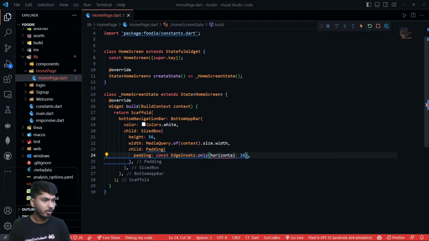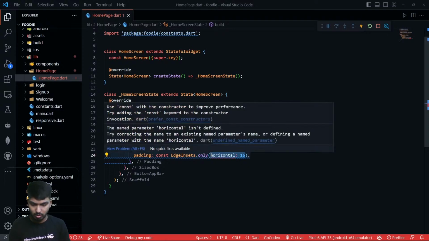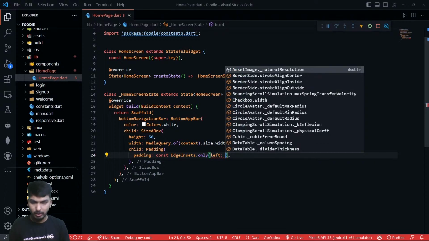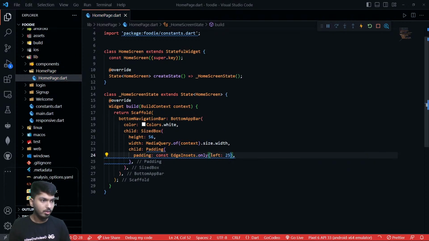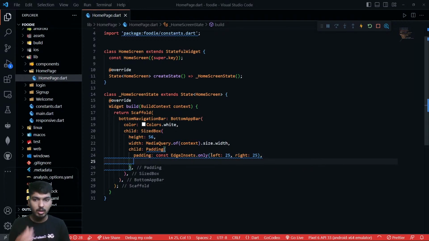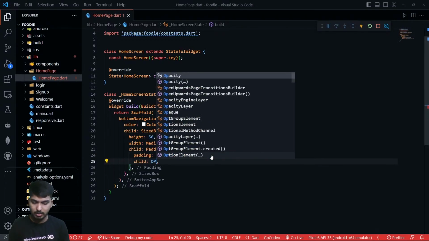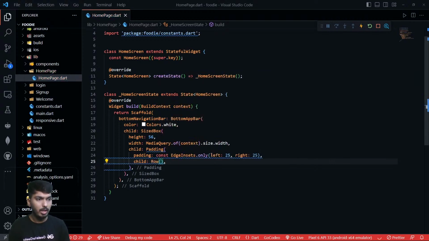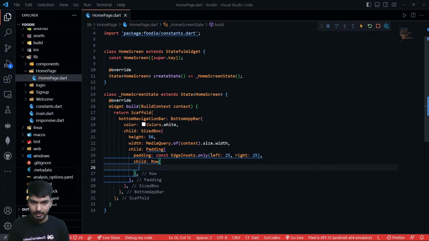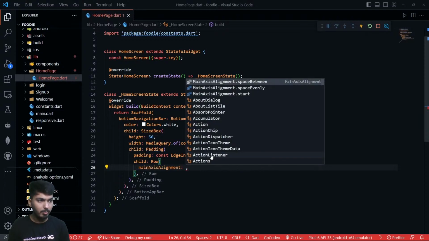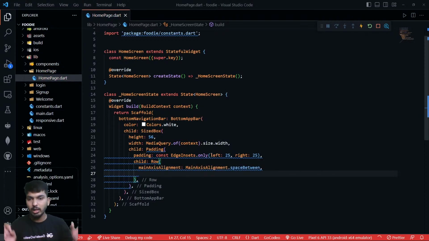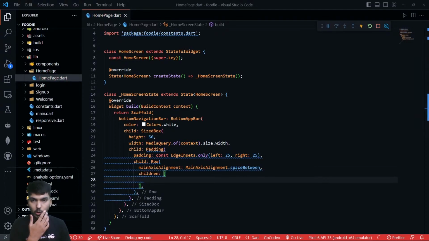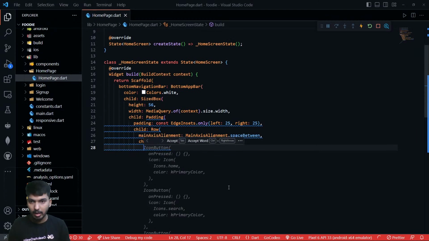Okay, left 25 and right 25. Okay, so this will be the padding. Now inside this padding, I'll write a child, and inside the child, I'm going to write a row. Okay, so this will be our row, and row has a main axis alignment of space between because we want evenly spread data. Now inside this, I'm going to write icon